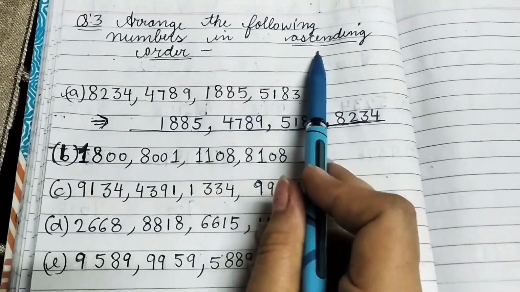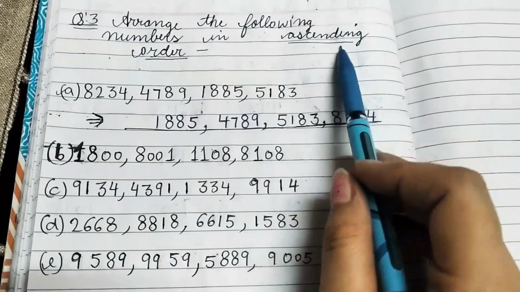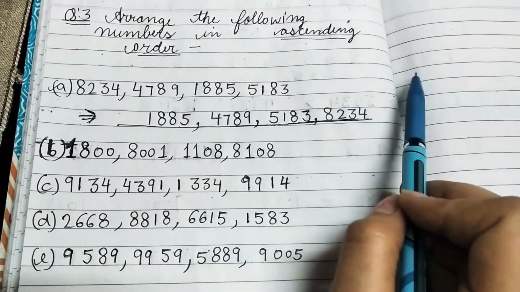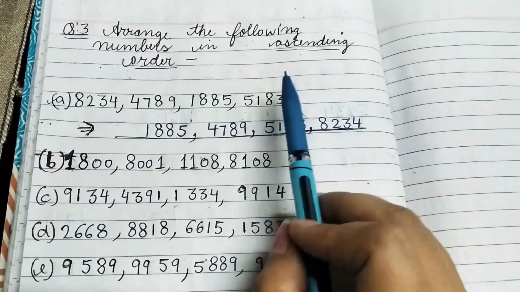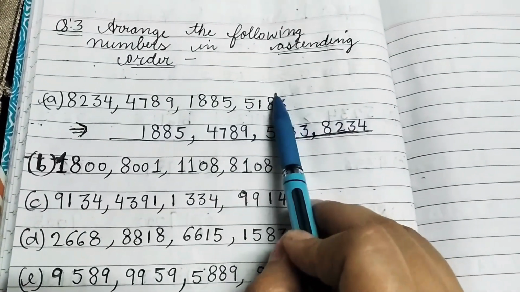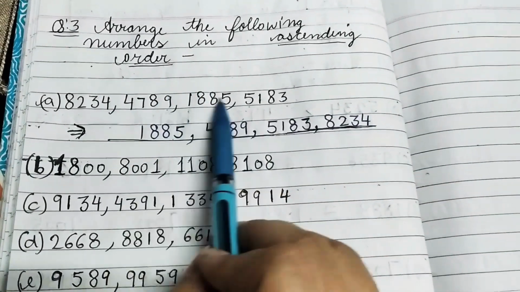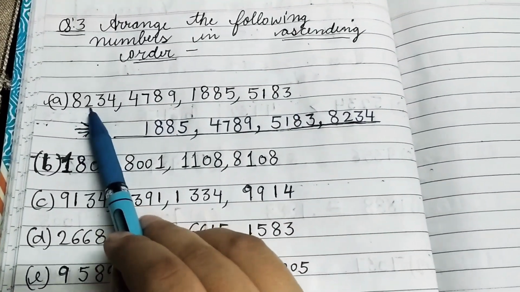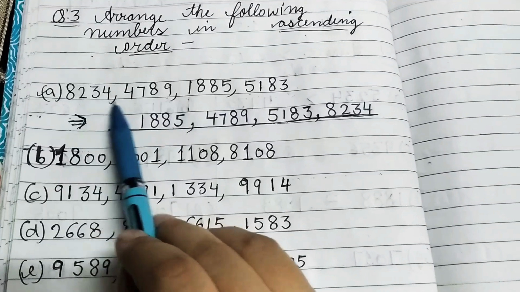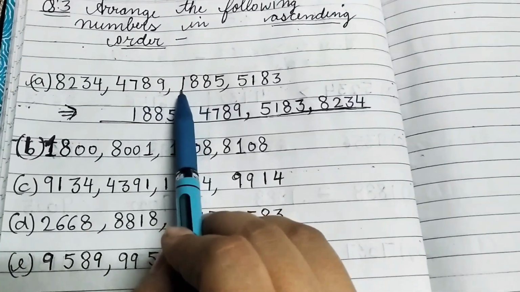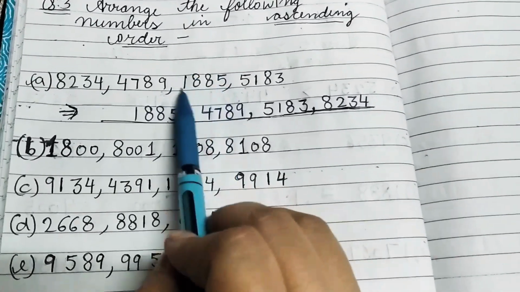So in ascending order, just recall this. What is ascending order? Placement or arrangement of numbers starting from the smallest in the front to the largest at the back. So which is the smallest number here? Smallest number from the front. This is 1. So that means you will pick this whole number.